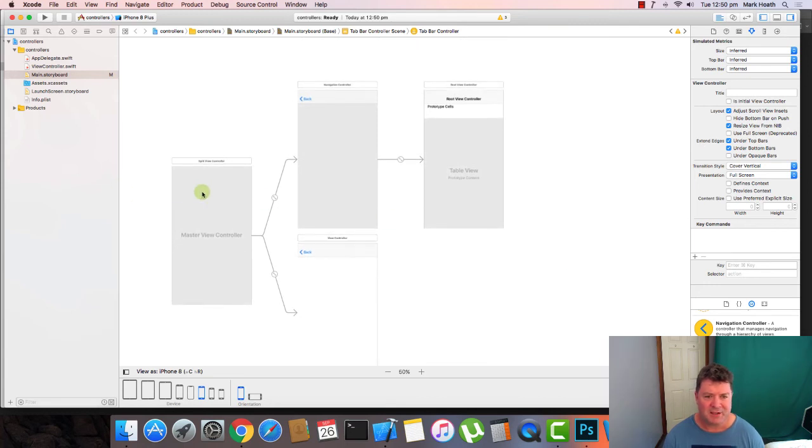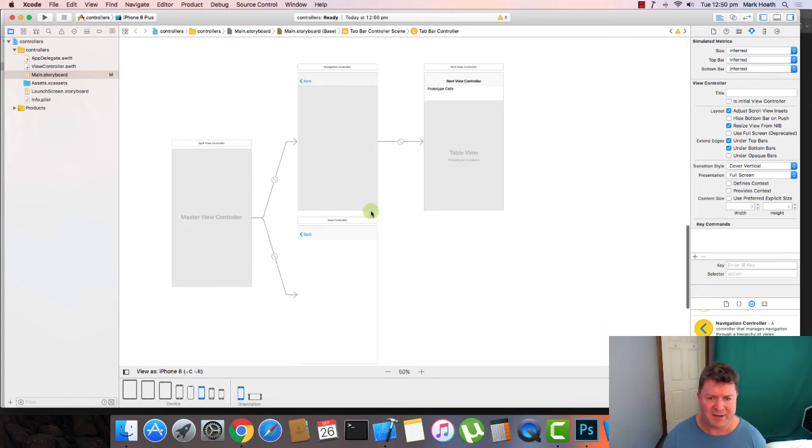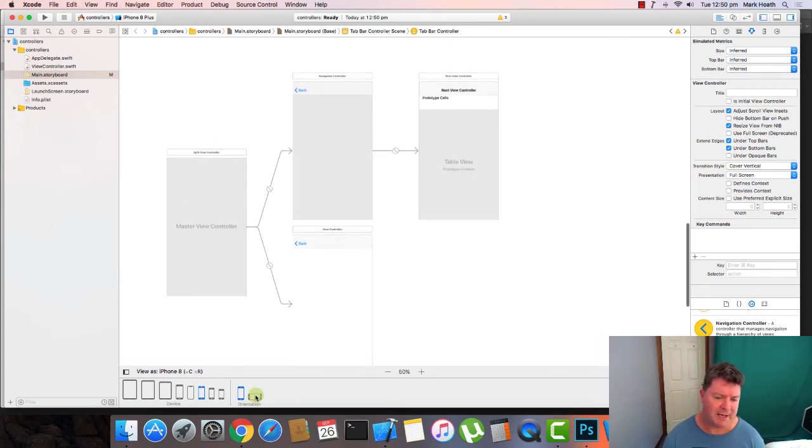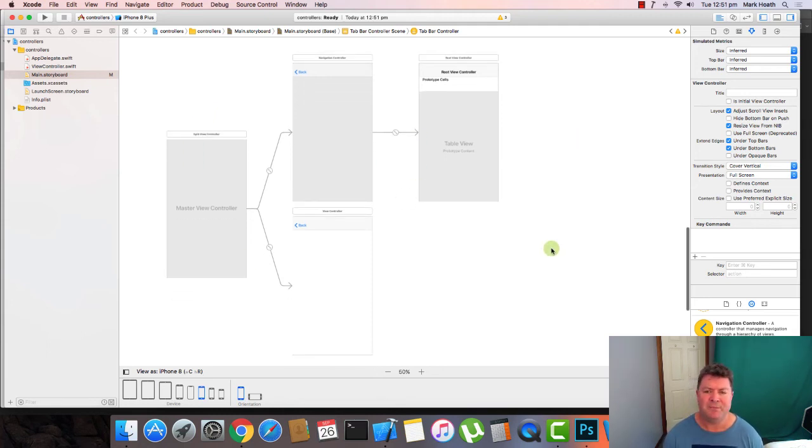Finally, there's the split view controller. Now, this is only available on iPads and plus-sized iPhones, and basically when you are in the landscape orientation, there'll be a view controller or a navigation controller on the left-hand side, and on the right-hand side there's what's called the detail. So there's the master to the left and there's the detail to the right,